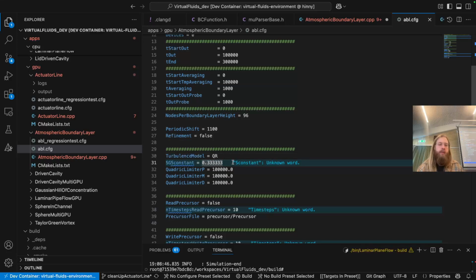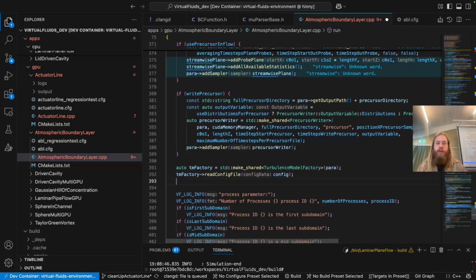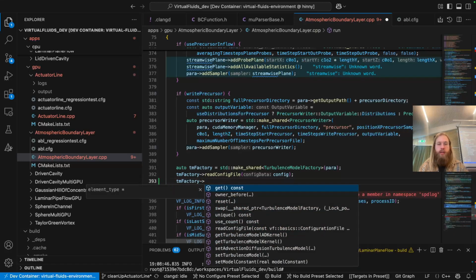So if we don't use the limiter, we set the SGS constant to 1/3, because it's the recommended value for the QR model. And very heuristically, if we put on the limiter, we turn this one down a bit to 0.2. We have not really done a very thorough investigation of these two things, because they do affect each other, yes, this kind of works, but maybe there's better options even. Don't know. But you don't have to read it from the config file, you can also directly set it in the app